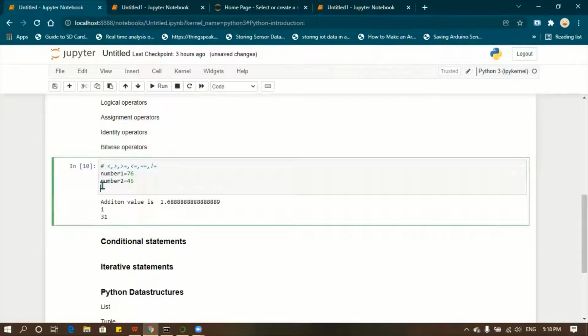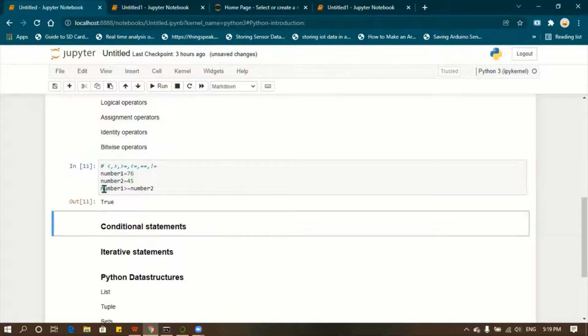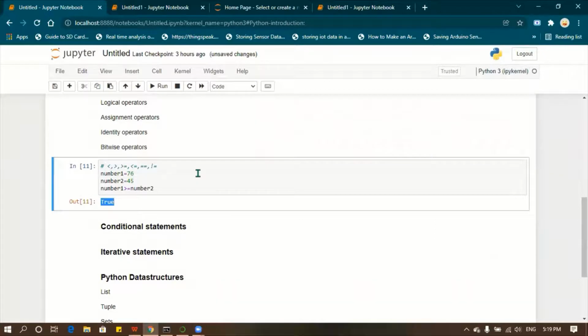So if I use number 1 greater than equal to number 2, shift enter, it says true. So it will be either true or false. You know what these operators will do, or do you want me to show everything? Yeah, I know, ma'am.